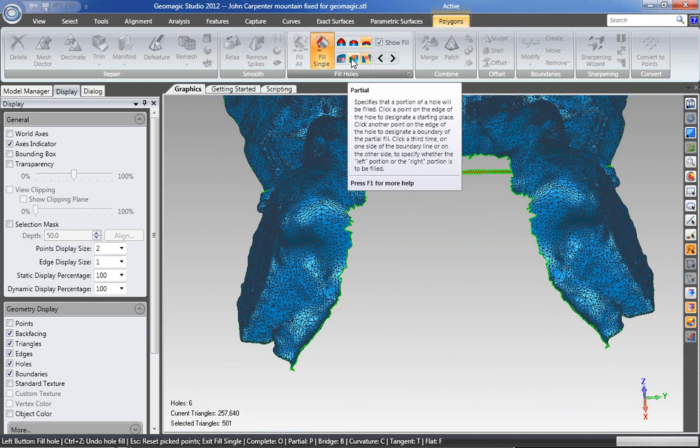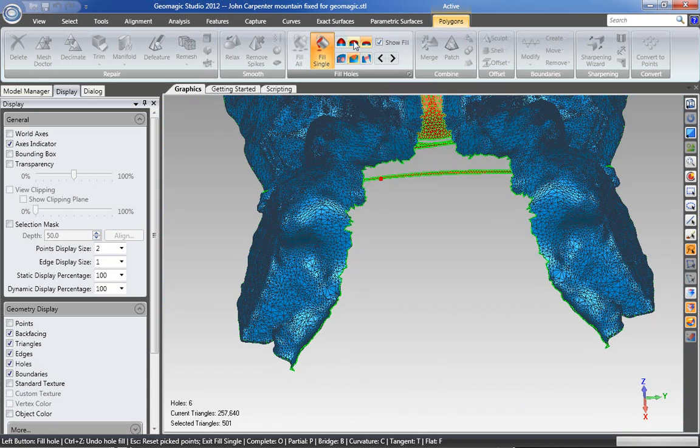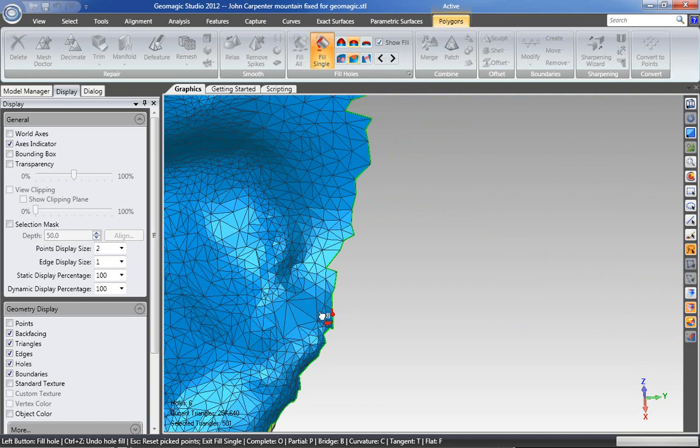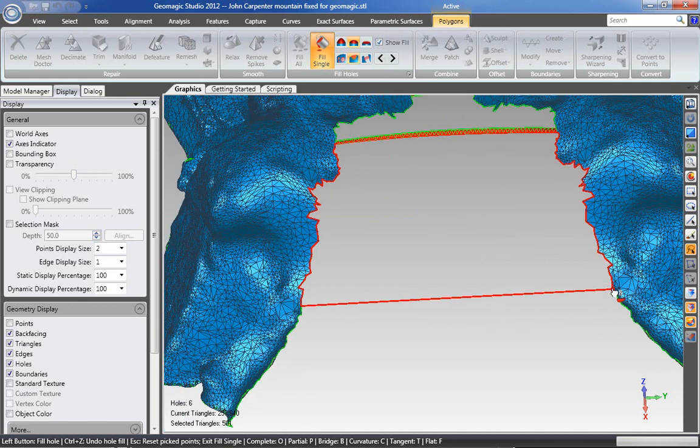Another option that you have is to create a partial, and the way that works is you define your first vertice on one side, and then you go over to the other, and you can see that it's giving me a preview of how far over I'm going along this right hand edge. So wherever I click,